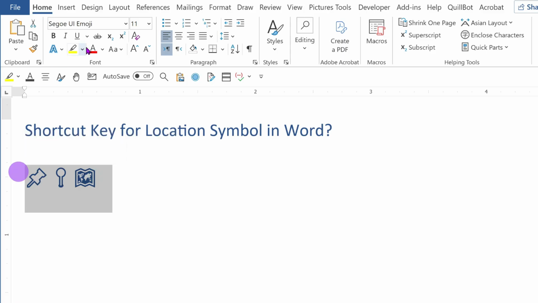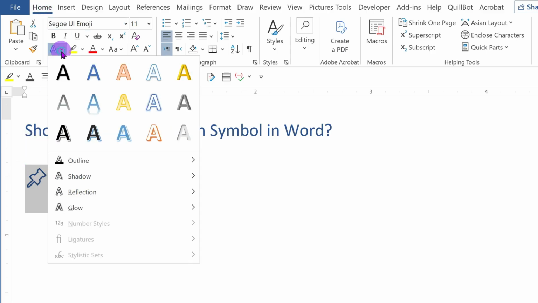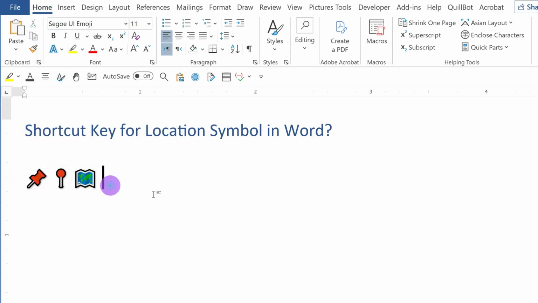You can select it and go to the Home and give some effect as per your choice, like this one. So these are the easiest way you can insert shortcut key for the